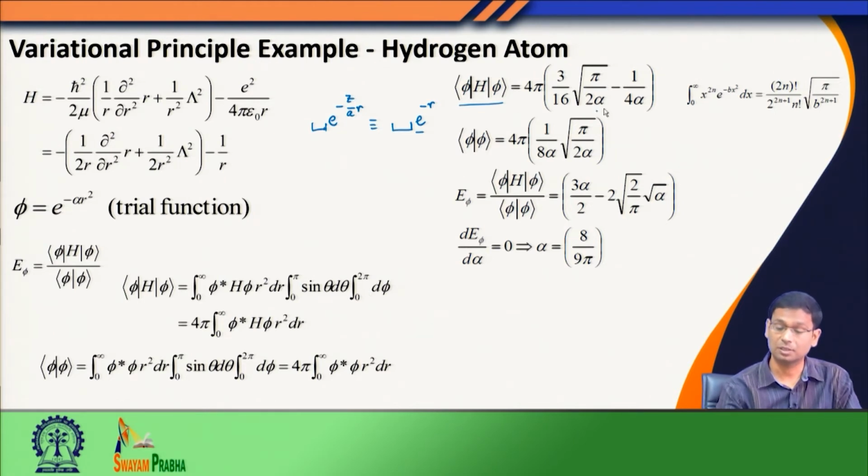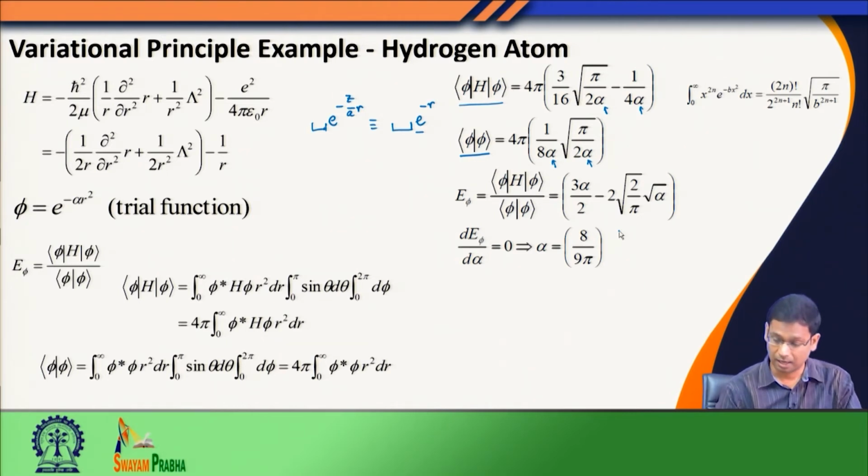So, therefore, the terms that I am getting are constant except for this alpha. Please note I have these alpha terms in this expression. Similarly, when I have phi star phi, I am integrating over all r, theta, phi. So, I am left with some constants multiplied by some constants and alpha term. So, this integral is a function of alpha, this integral is a function of alpha. Therefore, the energy value E phi is also a function of alpha, and this is what the functional dependence